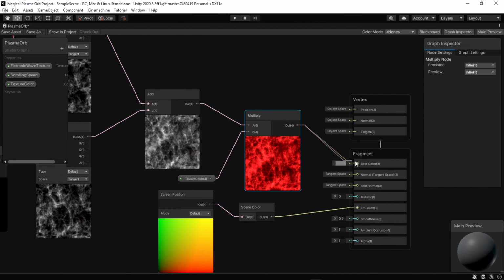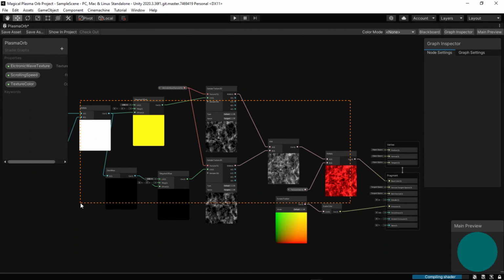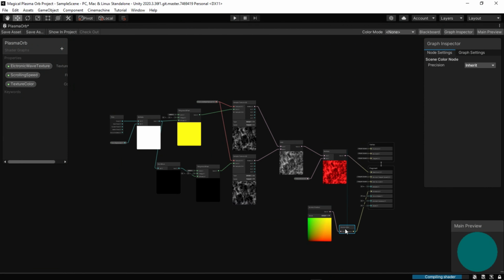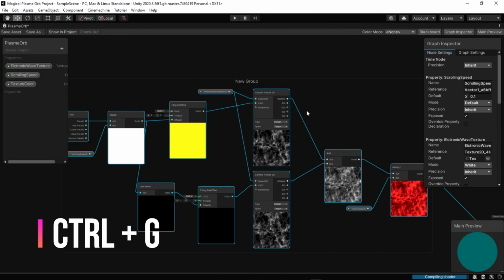Link the result to the base color. In previous Unity versions it was called albedo. Group all the nodes related to scrolling texture.